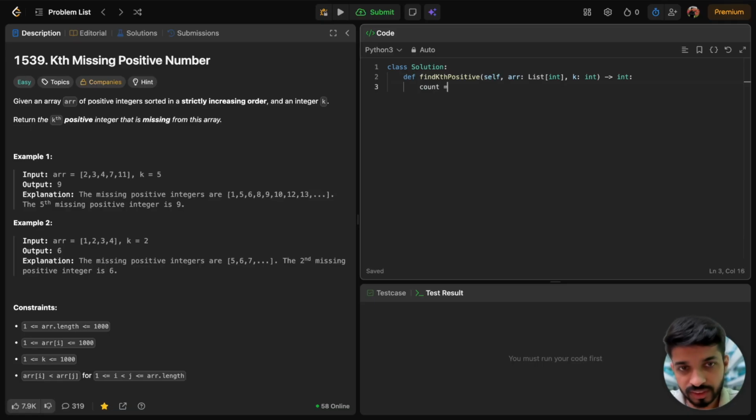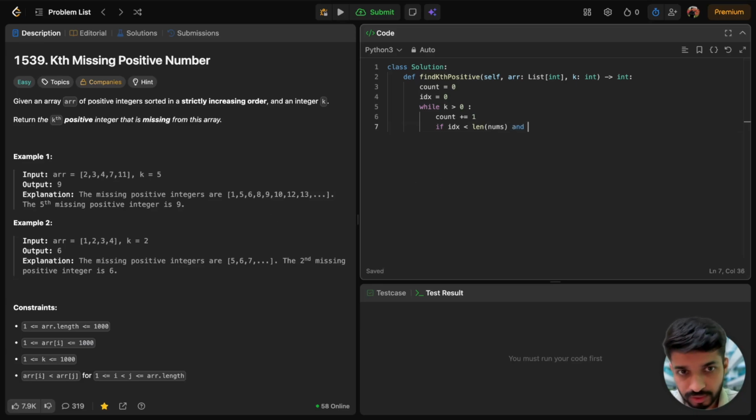Okay, so let's say we have one counter, and we are iterating over indexes as well. So idx is equal to, let's say, 0. From the 0th index we'll be calculating. Now while k is greater than 0, till that point we need to run. What we need to run? We need to increase count. It means we are going to count 1, 2, 3, 4 and check if that number is present in our array or not. So idx is less than len of nums,